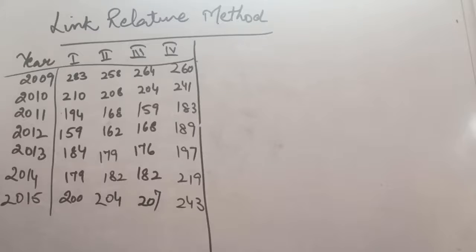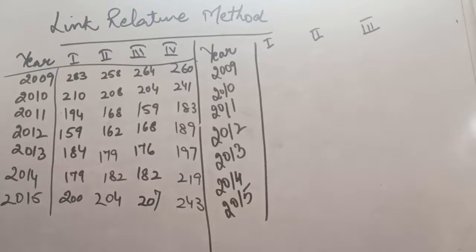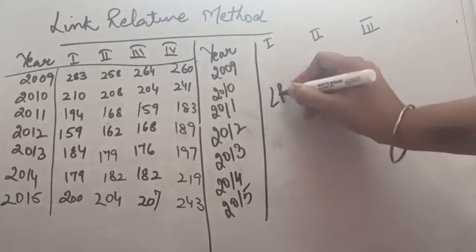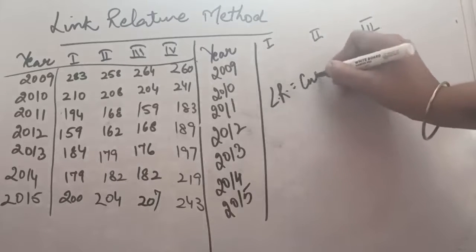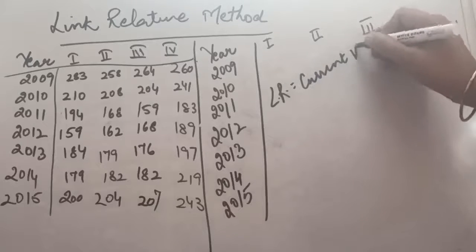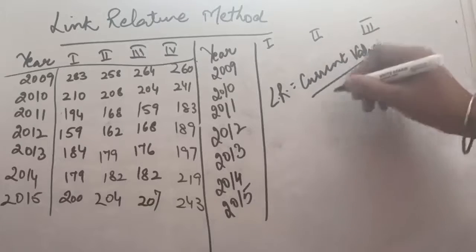So this is the practical question, and in this, years have been given on one side and on the other side the quarters have been given, and for these sales we have to calculate the seasonal indices with the help of the link relative method. So first of all, let us prepare the table from where we will calculate the link relatives. As we have seen, the formula for link relative is the current value divided by the previous quarter value